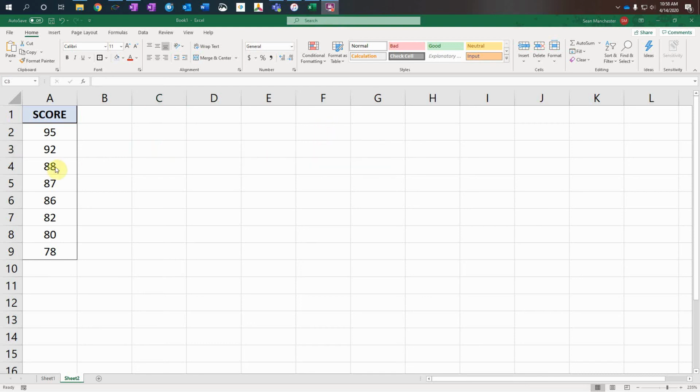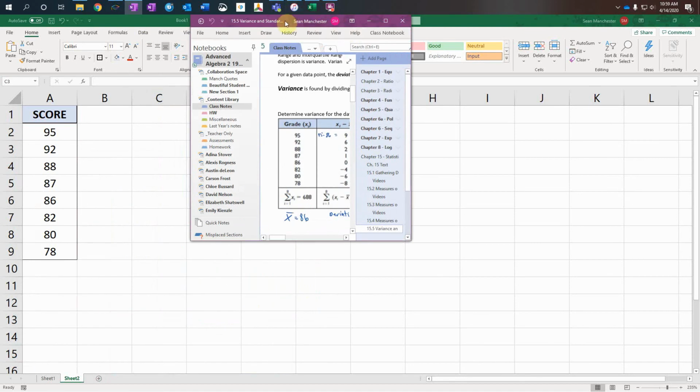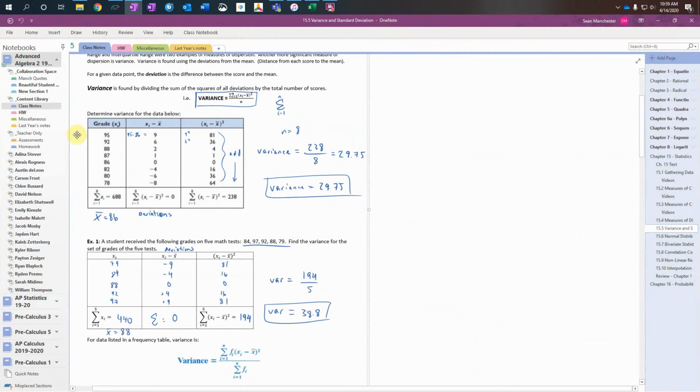Alright, in this video we're just going to talk through some of the basics of how we can use Excel to compute some of our statistical operations that we've been doing. If we were in class, I would be showing you how to do all of this on the graphing calculator, and you can, if you do have the TI Inspire,